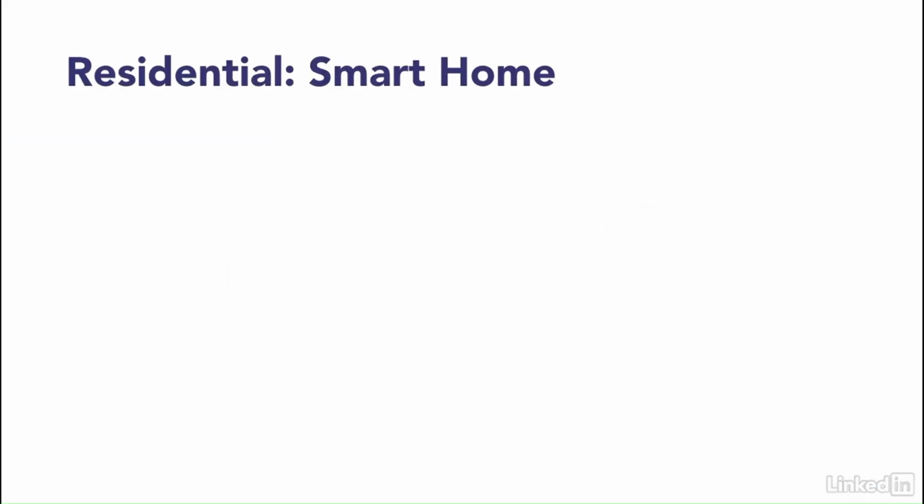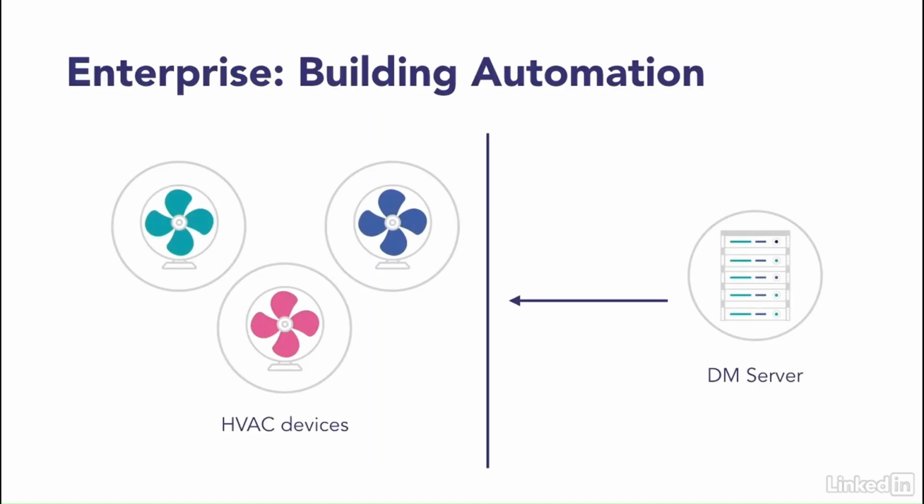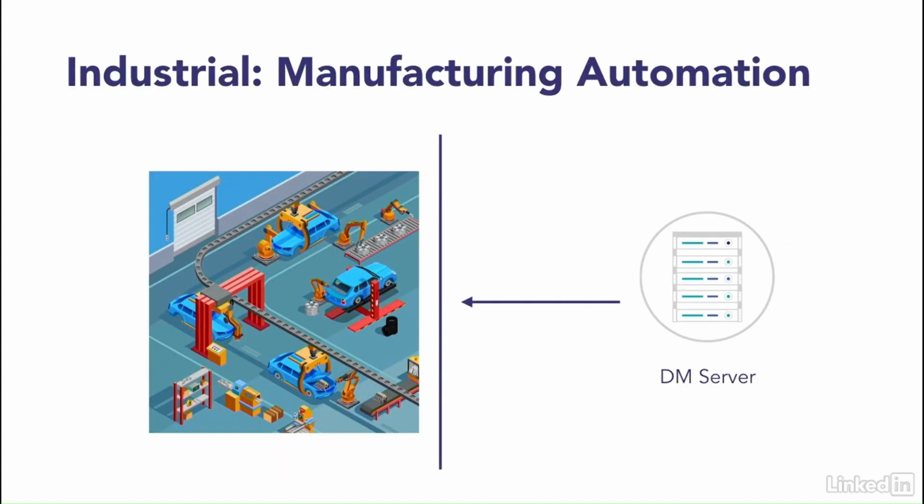With the data collection capacity, a device management solution can be extended to be used for vehicular information collection. For example, a car configured to regularly report its location to a central server can be tracked when it's stolen. At that point, we most likely need to use the underlying network services from a cellular operator. In an enterprise building automation application, the connected HVAC devices need to be managed for diagnostics and to report the electricity usage data, for example, for energy consumption optimization. In a device management solution to manufacturing automation systems, the M2M devices